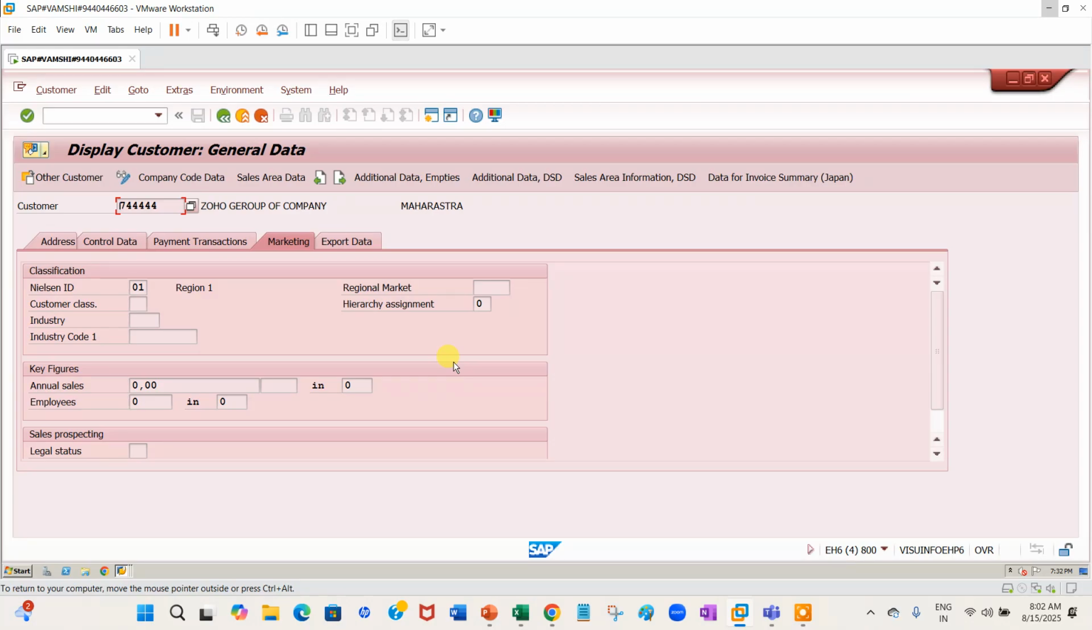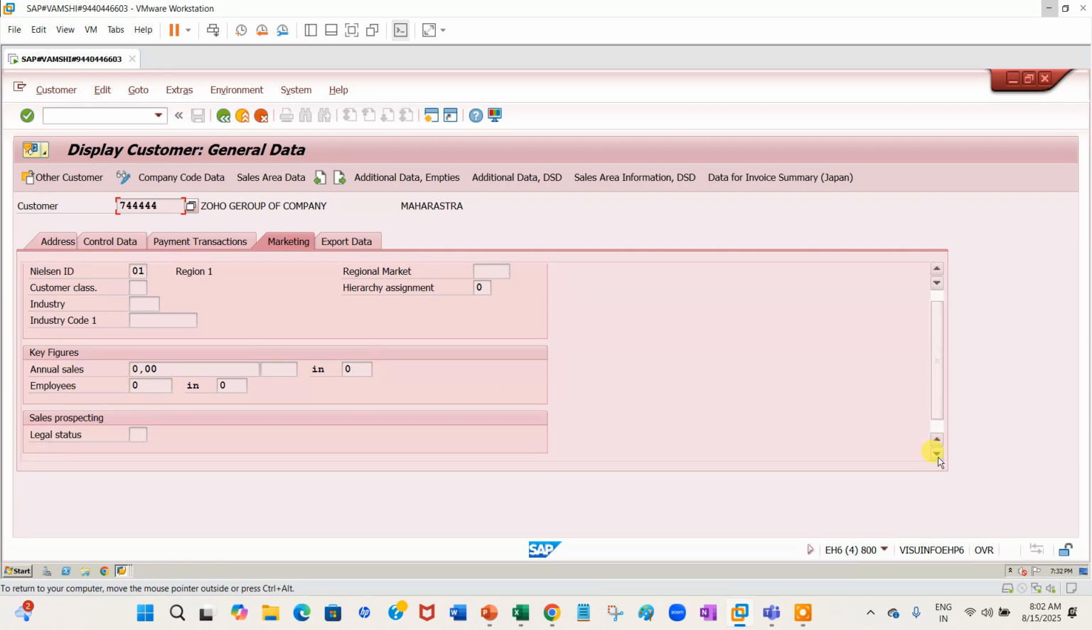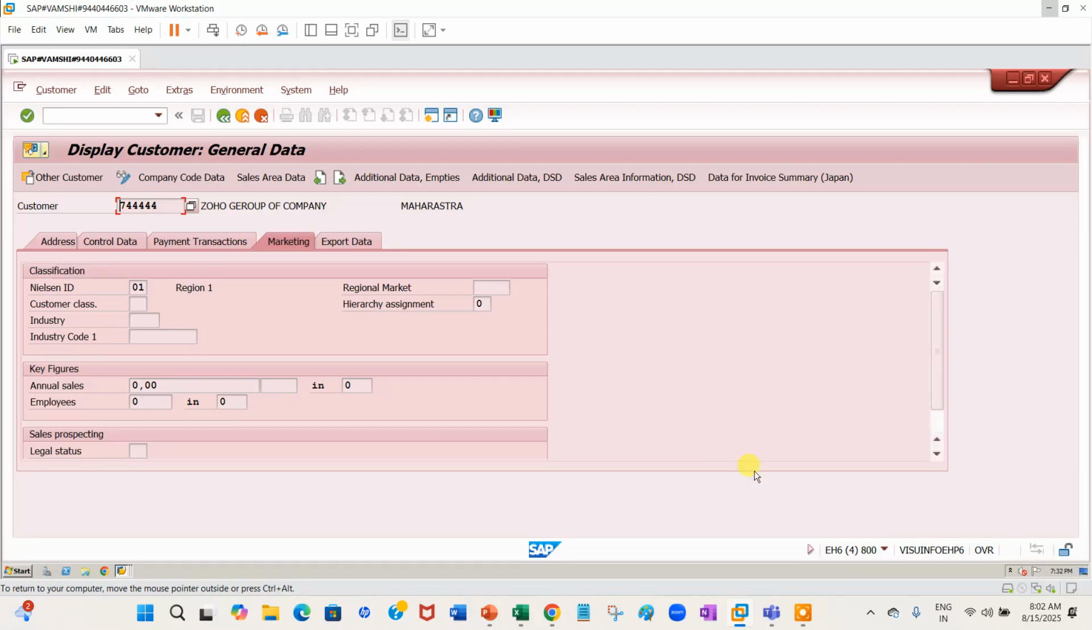See here, and the next thing is the marketing tab. We have different fields in the marketing tab. Generally, marketing, in simple terms of our understanding, is whenever we are selling the goods to the